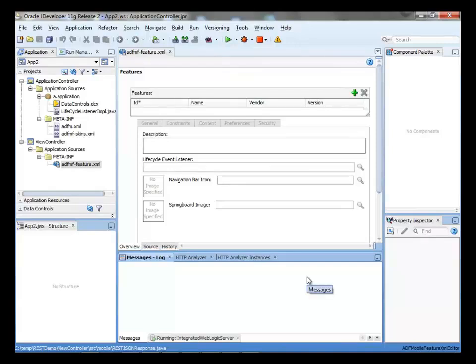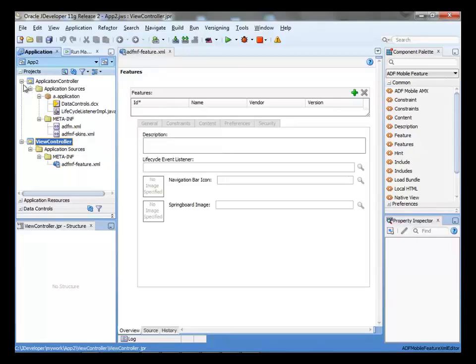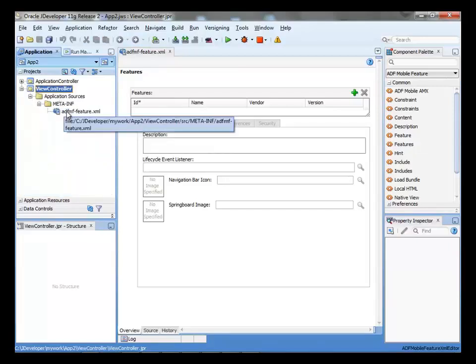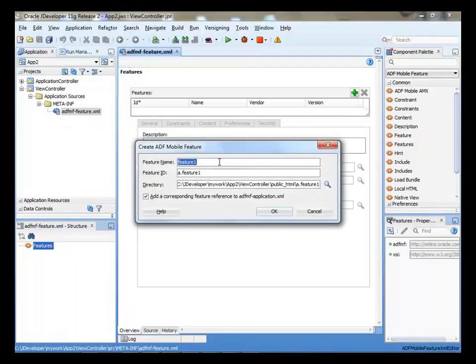JDeveloper creates two projects. One project contains code for your overall application and another one is for specific features. Over here you have the ADF Mobile feature XML file where you can define new features. So let's create the first feature, we'll call it AMP,